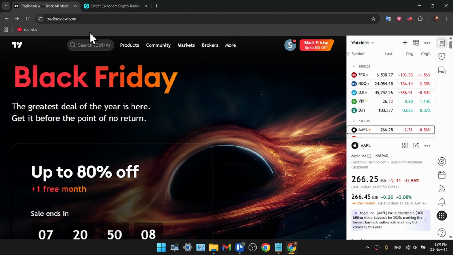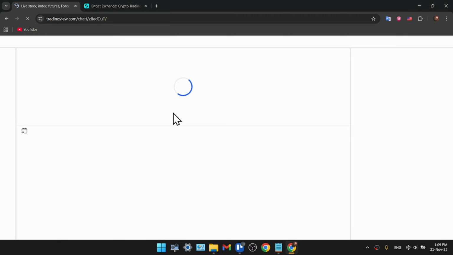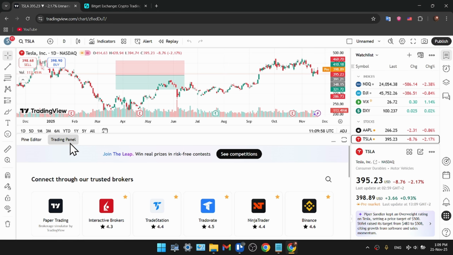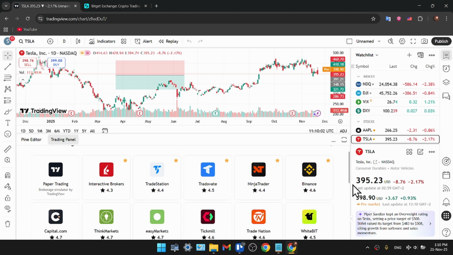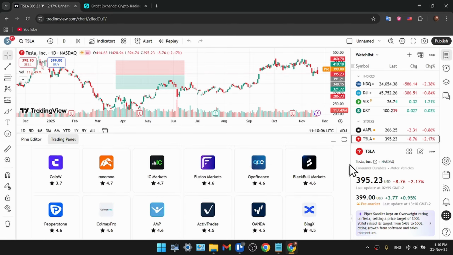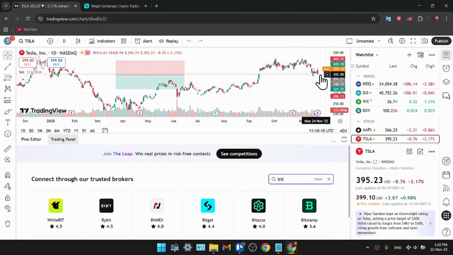After that, on TradingView login, then you go to Product and Supercharts. This is where we connect our brokers. Then make sure to navigate to Trading Panel, and here you can either search it from the list, you can just scroll down, and for example, just show all brokers like this. Or if you want to make it much easier, just go to the search and type in Bitget,